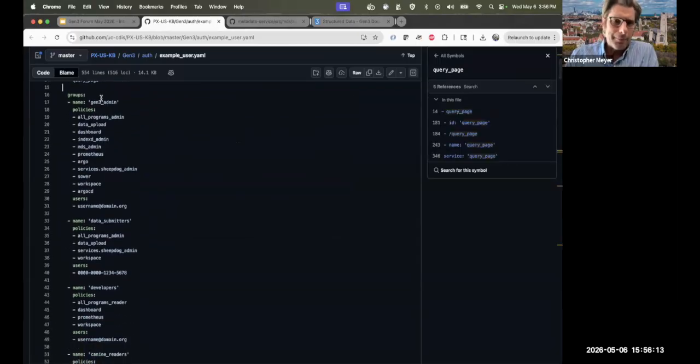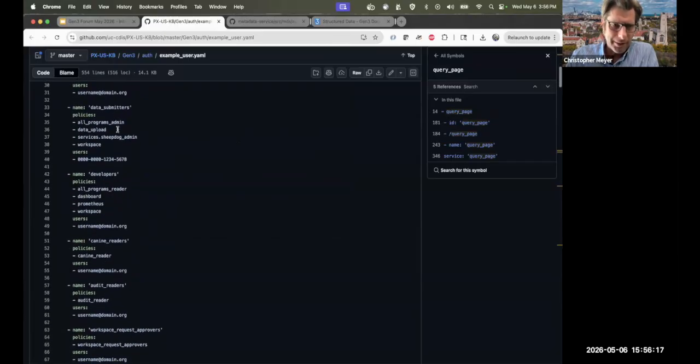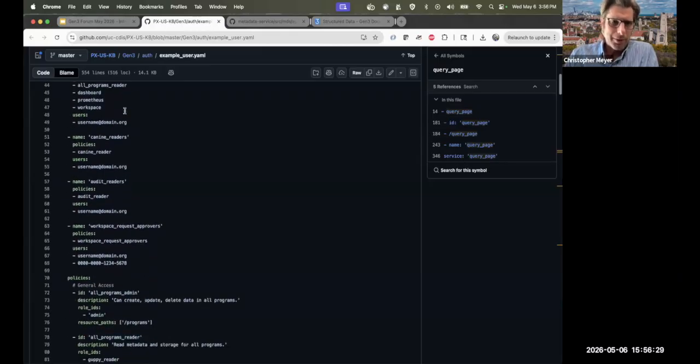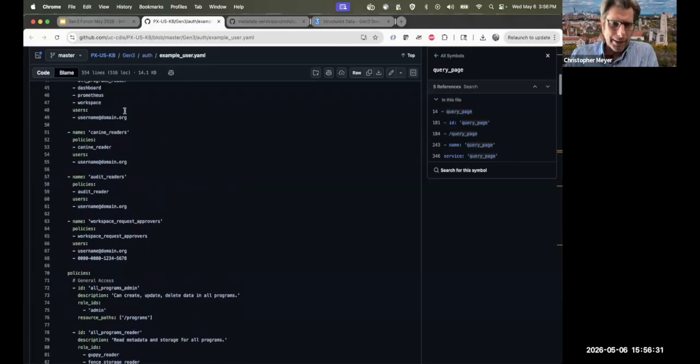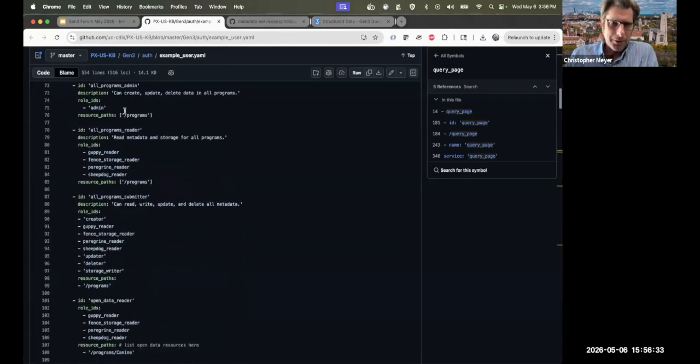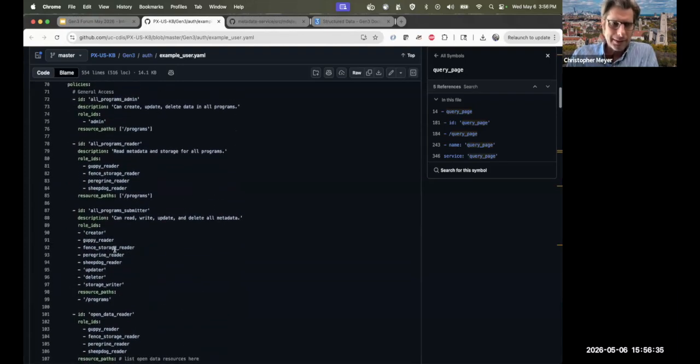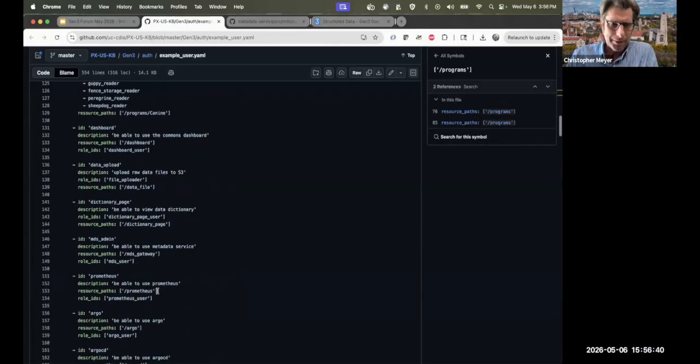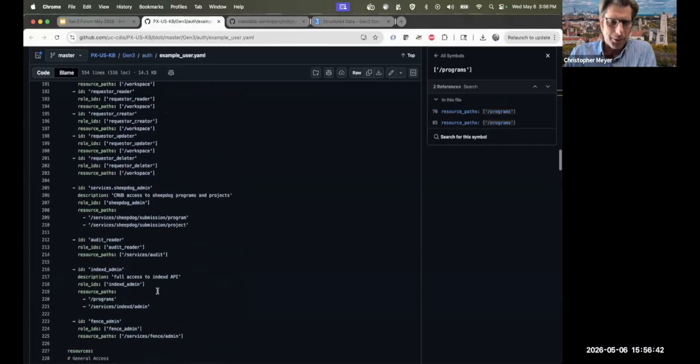And then there's things like admin groups who have all the access to do things, and you have data submitters who just have CRUD access, create, update, and delete access to structured data as well as files. And then there's developer, you can slice and dice however you'd like. And you define your policies, which have different roles and resource paths, and you define your roles as well as